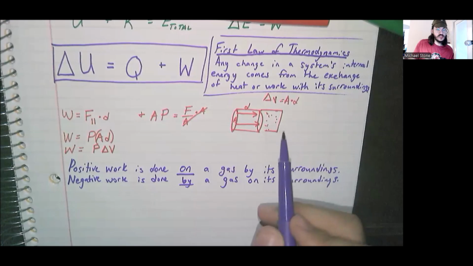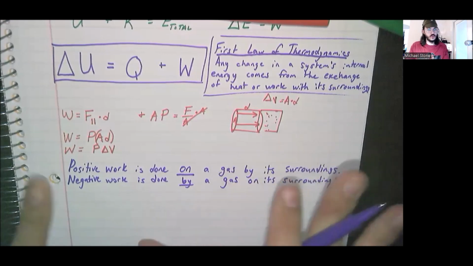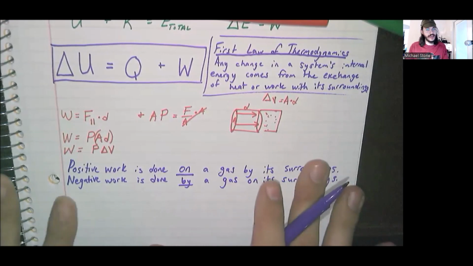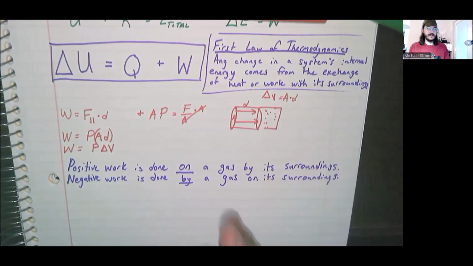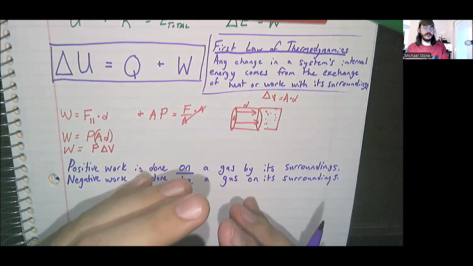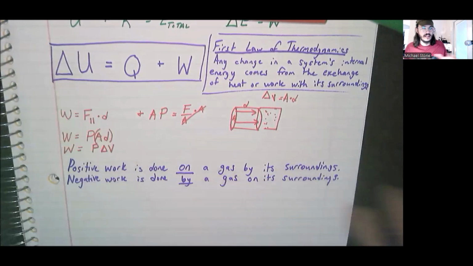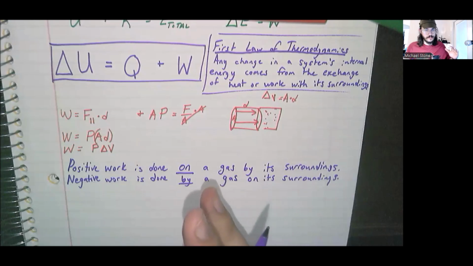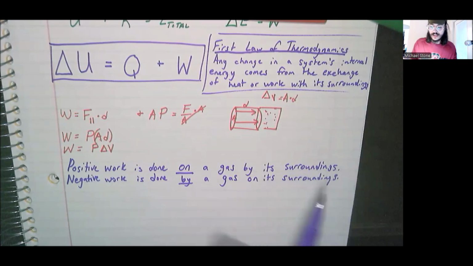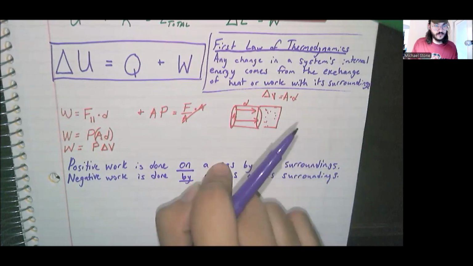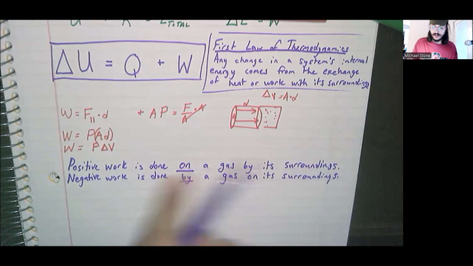So if you push the plunger down to squeeze the gas and heat it up that way, that is positive work. If the gas was so hot that it had to expand and that pushes the plunger up, like what happens in a car's engine, that would be considered negative work on the gas,